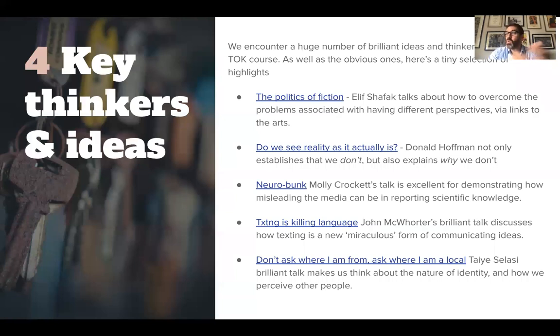And we learn that we all construct reality in a slightly different way. We all see reality in quite a different way. We don't know how different it is because there's no way of measuring. But certainly we are not seeing the objective reality, if there is an objective reality out there. This is quite a big idea to take on board. So, we need help to make sense of that. And there is a fantastic